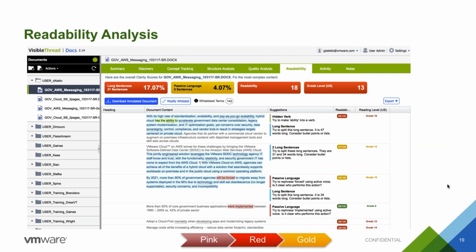So one of the other things that Pete mentioned in our process is the readability analysis. And I have an example here. I was asked to look through some documents that one of our marketing people put together for messaging on a new product that we've announced, VMware Cloud on AWS. And we're trying to get the messaging out. So what I did is I took her original document and put it through the readability function to determine where I should focus my time if I had a limited amount of time to